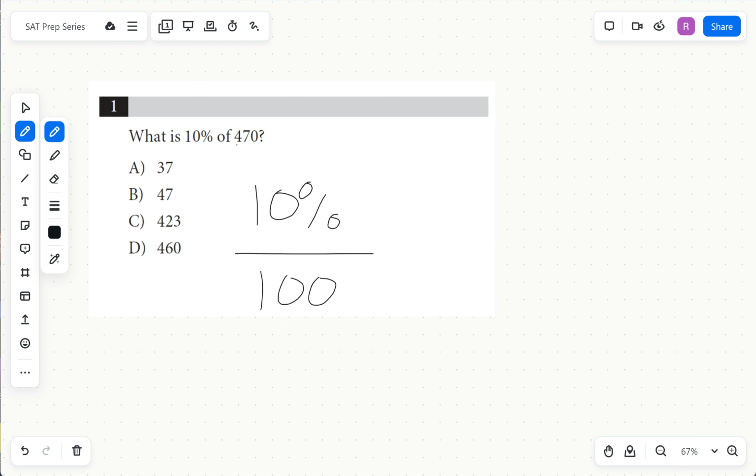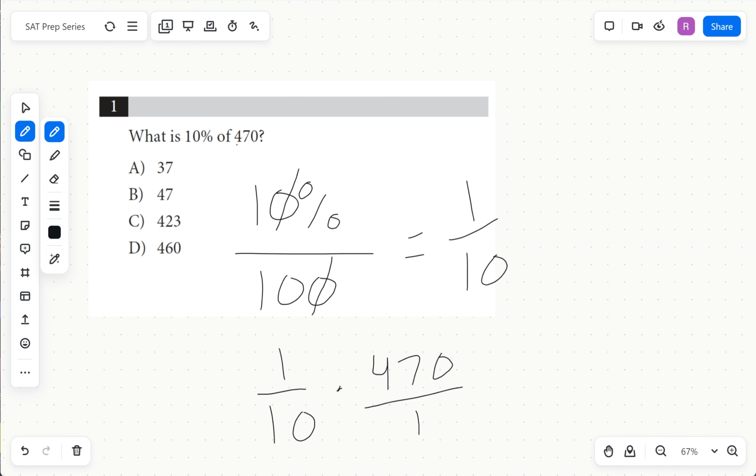And if I'm thinking about simplifying fractions, and I cancel out some zeros here, 10% or 10 per 100 is really the same as 1/10. So if I wanted to find 10% of 470, I can think about that by taking the fraction 1/10 and multiplying it by 470. And if you know your rules for multiplying fractions, I can turn 470 into a fraction by putting it